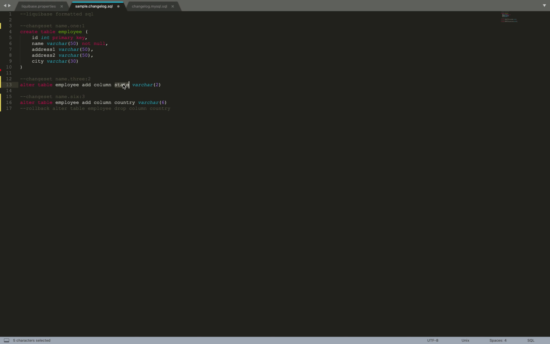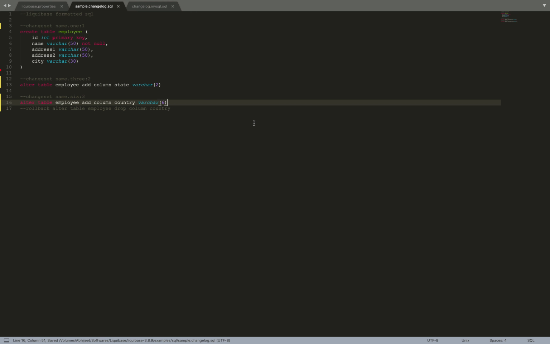We are adding a state column in the second query and a country column in the third query. And I have also tagged this query with a rollback SQL command to roll back adding this column. So in case we want to roll back adding this column, this command will be executed. Alright,